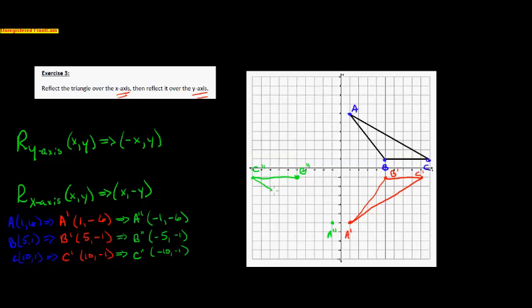A little better. That one's not bad. And that one is not good at all. And there we go. So there's the reflection of the reflection, and so here's the original in black. The red is the first image, and the green is the second image. Again, using these rules according to what axis I'm reflecting on. So hopefully that made sense for you,